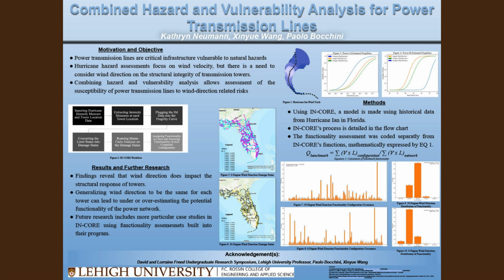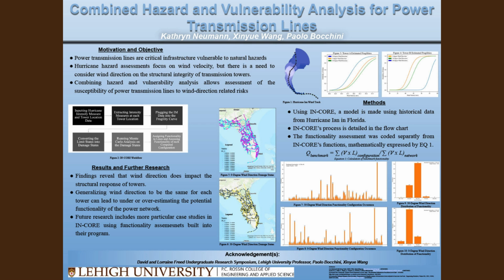The results of a damage and functionality assessment using INCOR's Python library and database indicate that certain lines are more likely to fail than others in a random sampling of 1,000 damaged line configurations. As seen in the figures, since certain lines had more damage and such lines varied between the two wind directions, wind direction does significantly influence how these towers respond during hurricanes. Additionally, assuming the wind blows uniformly in one direction for all the towers can lead to gross underestimation or overestimation